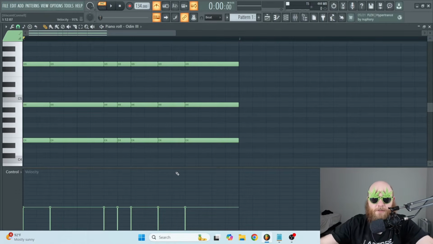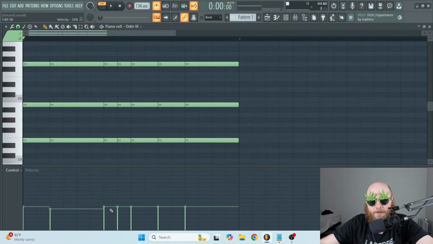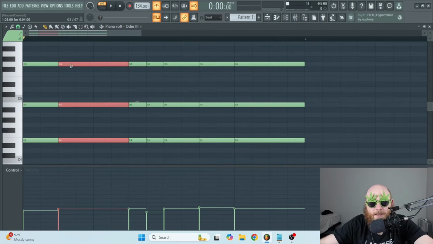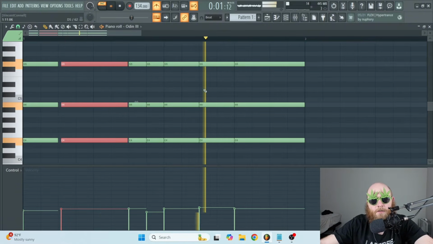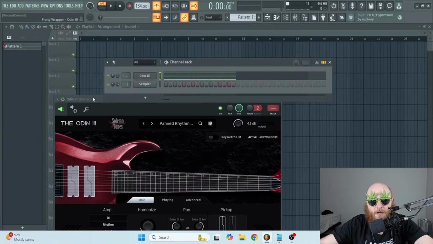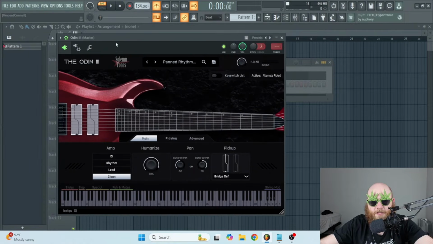So there's a few different things you can do to make this sound more realistic. One is just changing up the velocities a little bit. That'll help get us there. But let's be real, you already knew that one. You can also edit the timing a little bit so it isn't completely quantized, because no guitarist is perfect. And specifically inside of the Odin, they have this humanized knob, which you can set the amount to whatever you